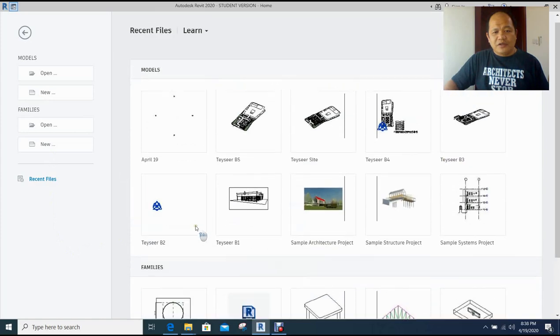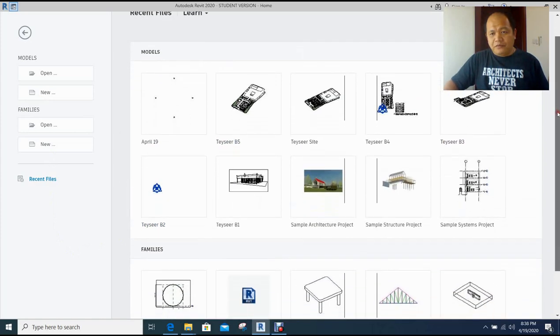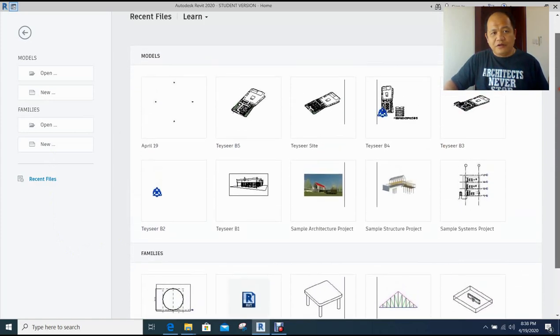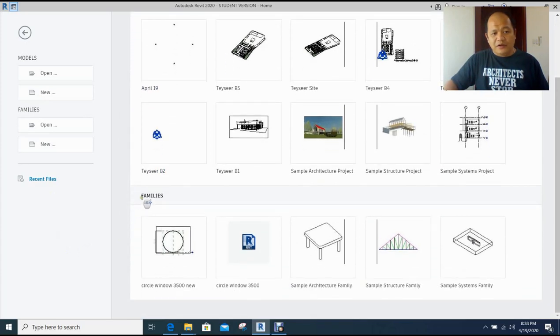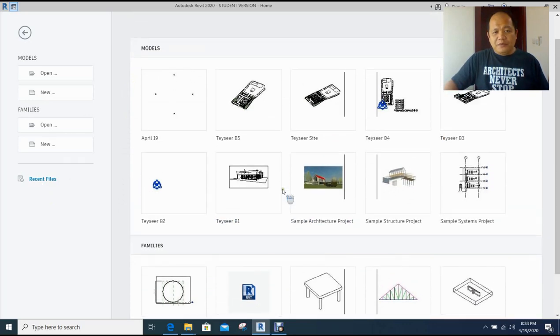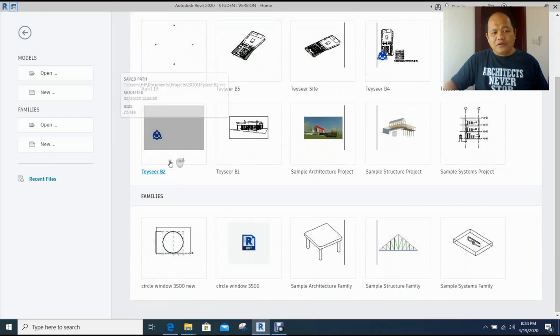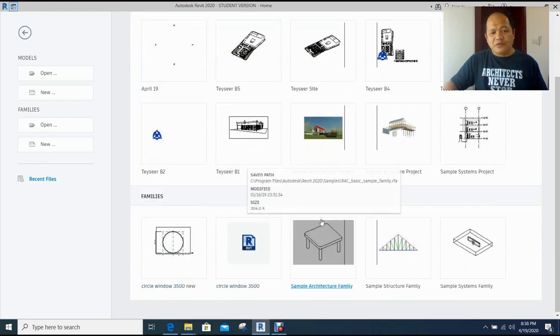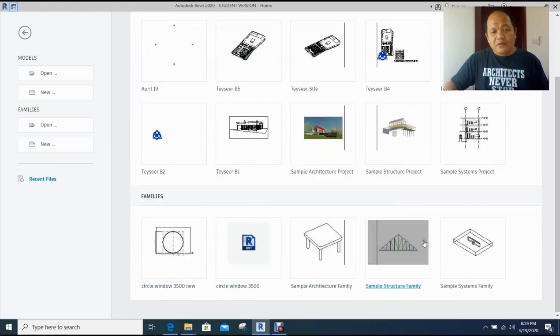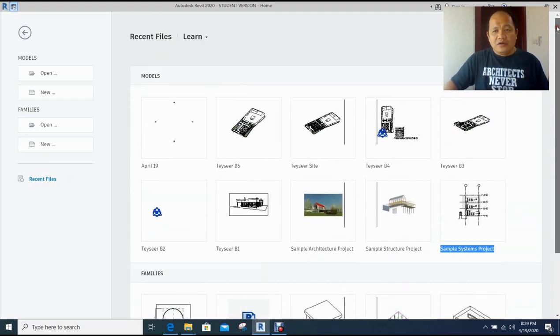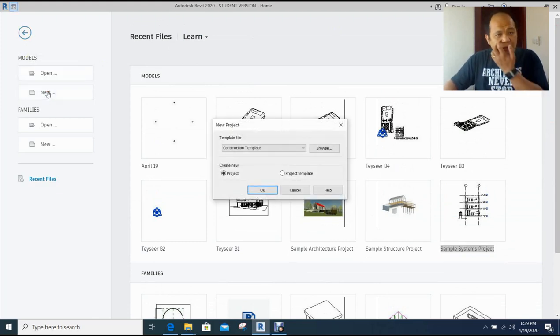Of course, there's still the division of the models on the first part and the upper part here, and the lower part here is for the families. Alright, I'll explain more on the difference of models and families later on as we tackle the various lessons. Alright, so to start with, you go to the new tab, click on the new, and